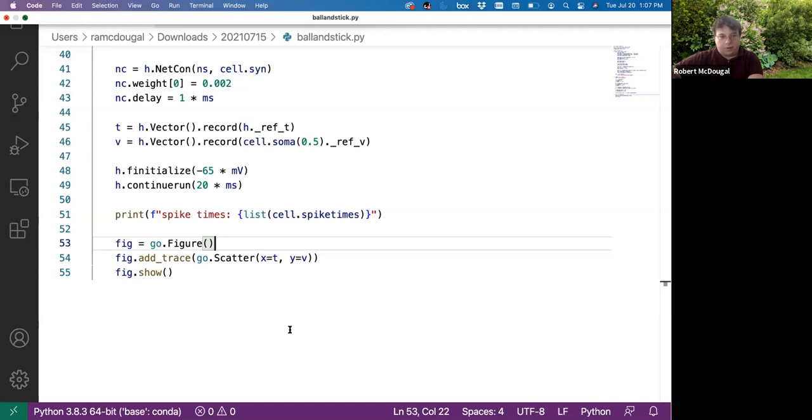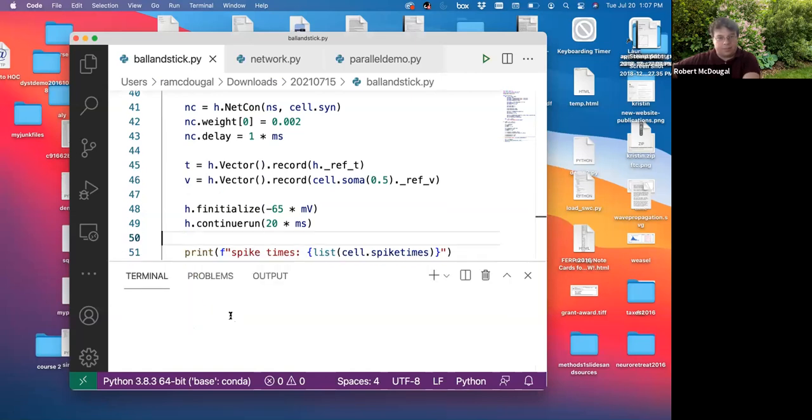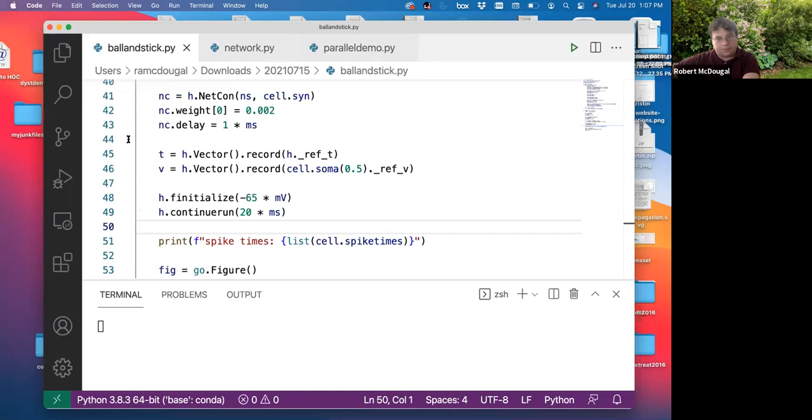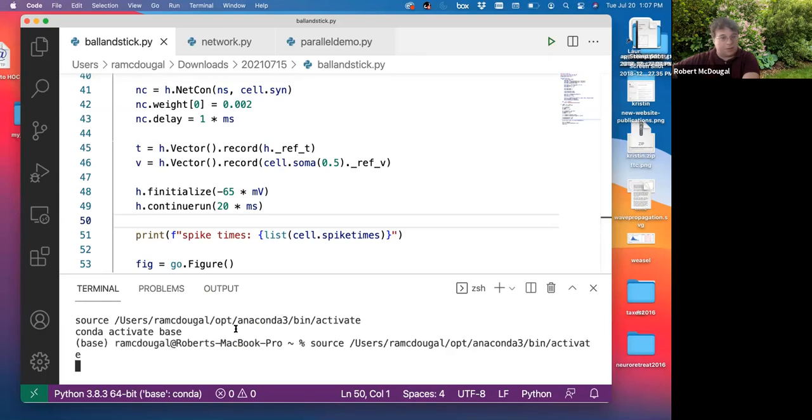So if I were to go ahead and pull up a terminal, there we go. Come on. Maybe I'll pull up a terminal. Apologies, I'm not sure why my computer is running quite so slowly here. But